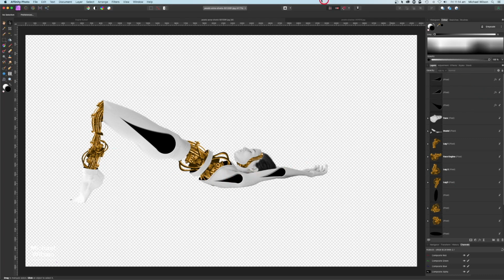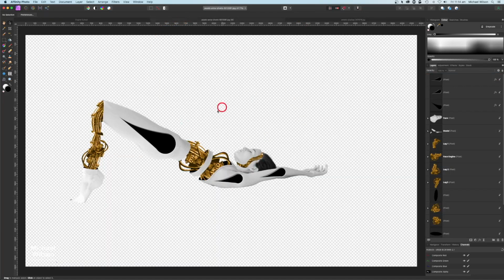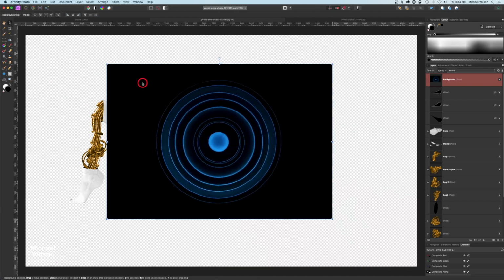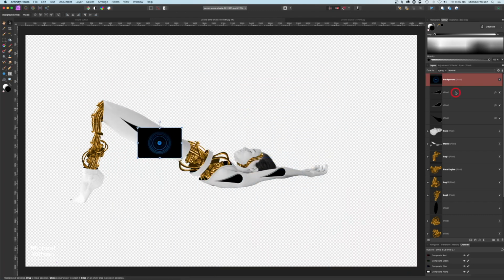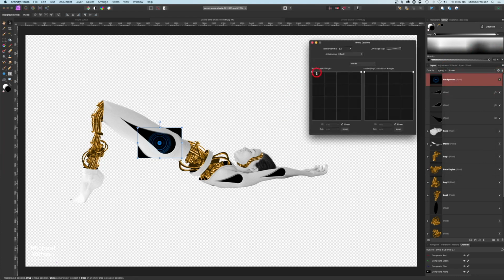Let's grab our next picture now, which is going to be this one here. Command C to copy. Back over to our picture of our cyborg. And again, right on top, Command V. Going to make that nice and small. And come over here. I'm going to change the blend mode to screen. And I'm going to come over here to my blend options on my source layer ranges and drop that all